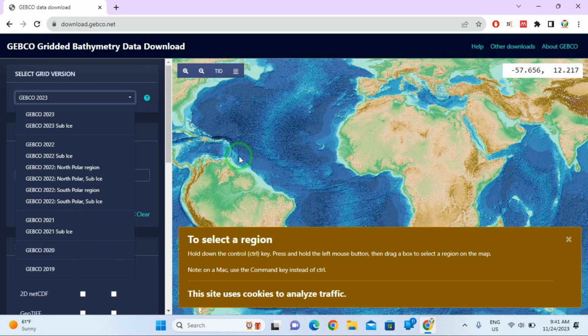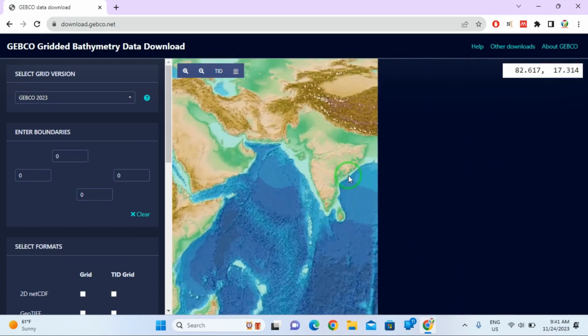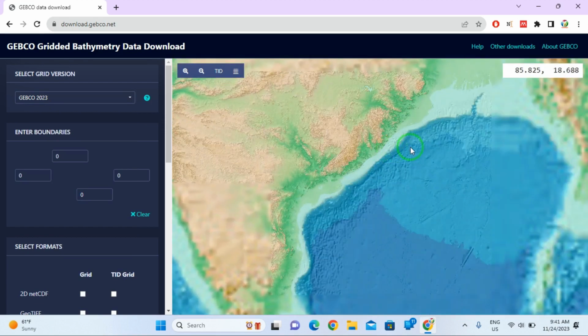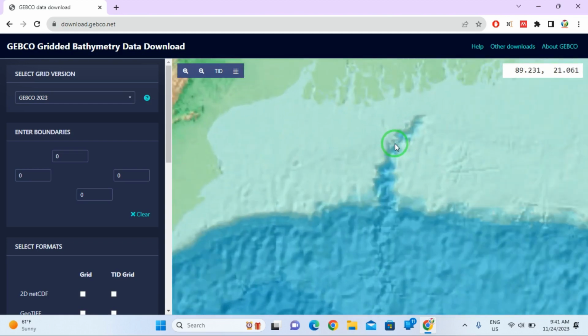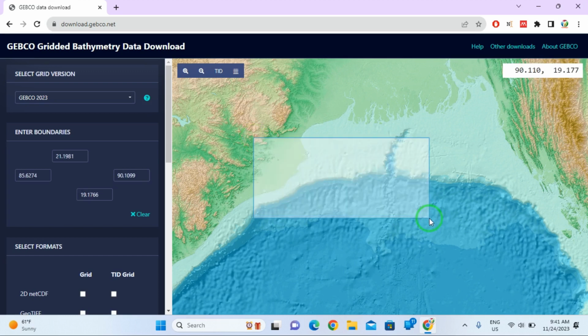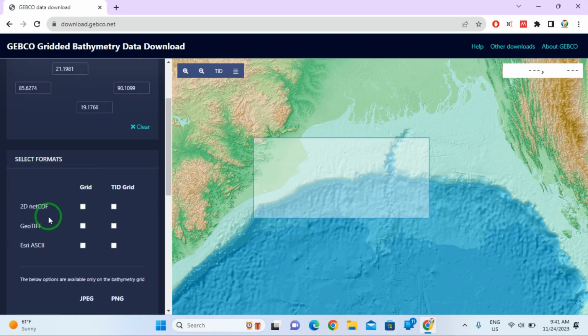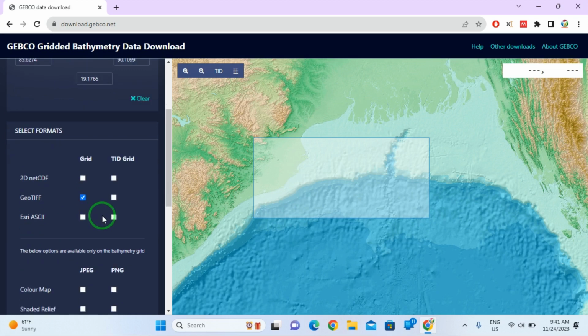And to select a region, hold the control key and then press and hold the left mouse button. So I'm going to select my area of interest. Okay, these are the four corners of this rectangle, and then I'm going to select the format as GeoTIFF, and